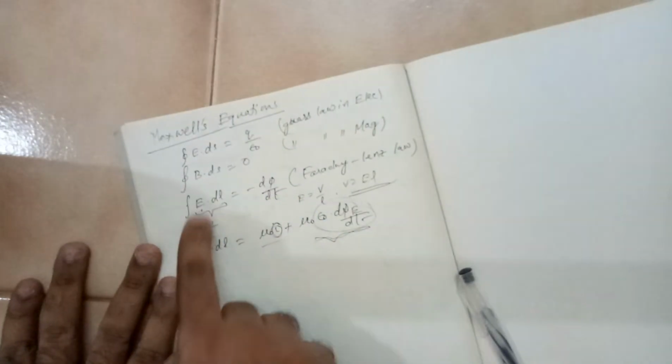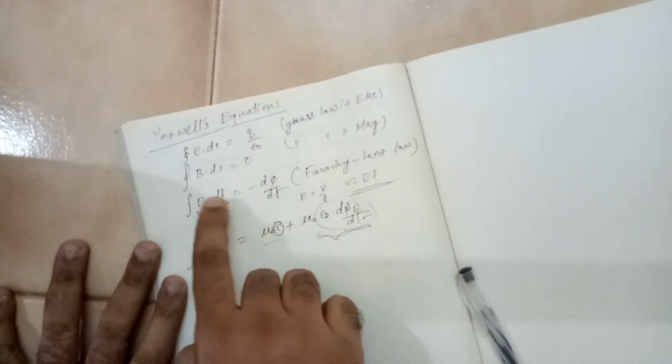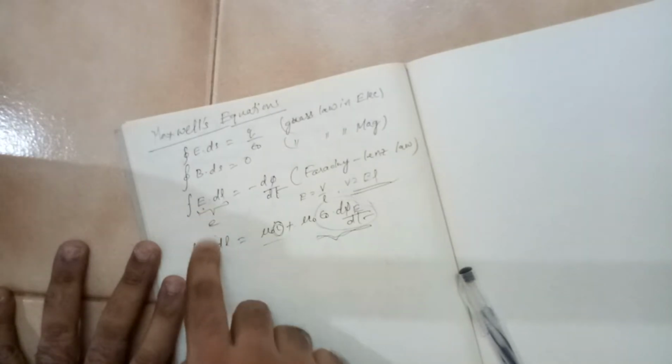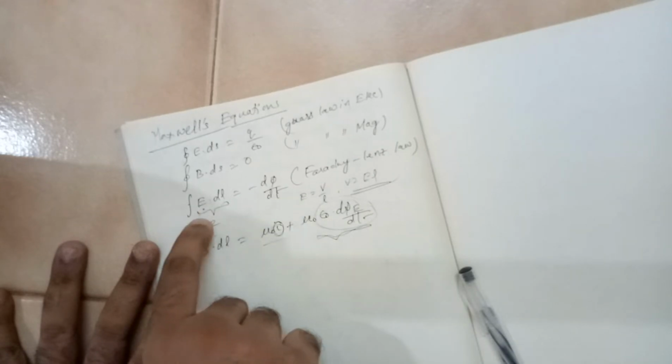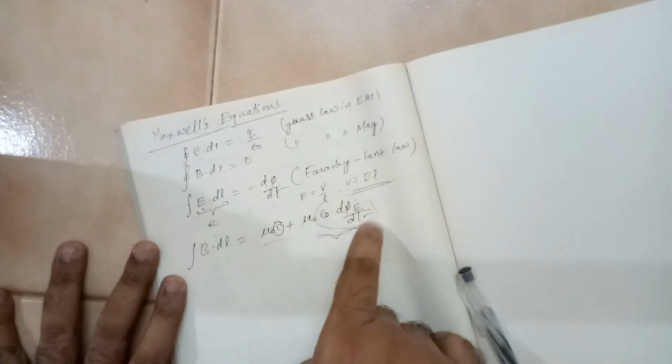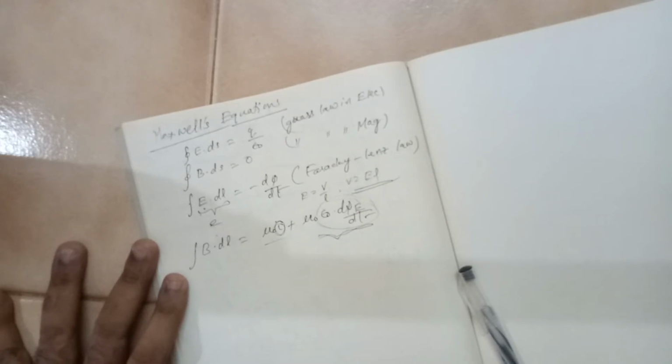These first two equations are surface integrals. This is the law in electricity, this is the law in magnetism. They are counterparts to each other. And of these two, one is the Faraday Lenz law we have already seen. So time varying magnetic field is giving electric field, and time varying electric field is giving magnetic field. So these are the four equations normally called Maxwell's equations. But Maxwell's contribution is only this much.